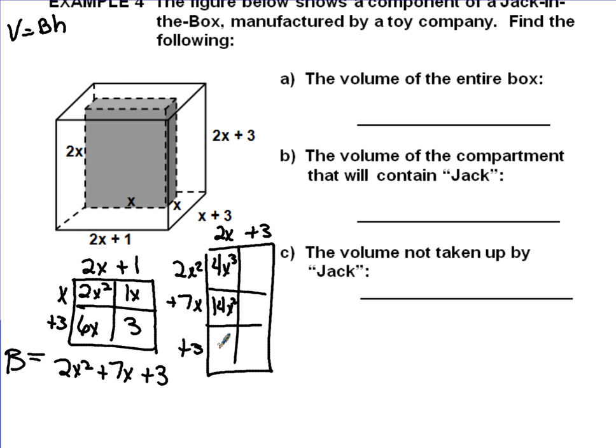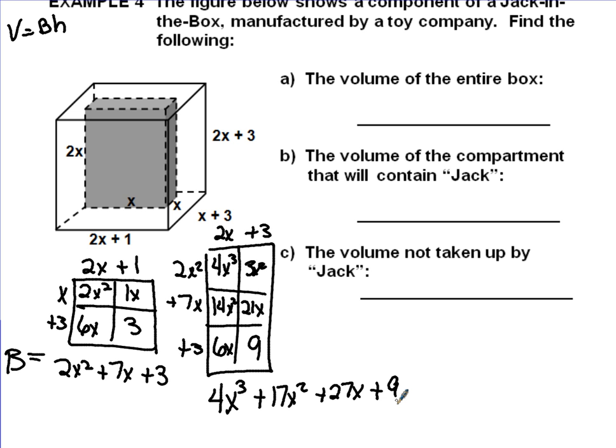It's 14x squared. That's 6x. 3x squared. 21x. And 3 times 3 gives me 9. So I can add my diagonals. I'm not going to circle them for the sake of clarity because I think it'd make it even blurrier. So here's 4x cubed. We're going to add to that 17x squared plus 27x